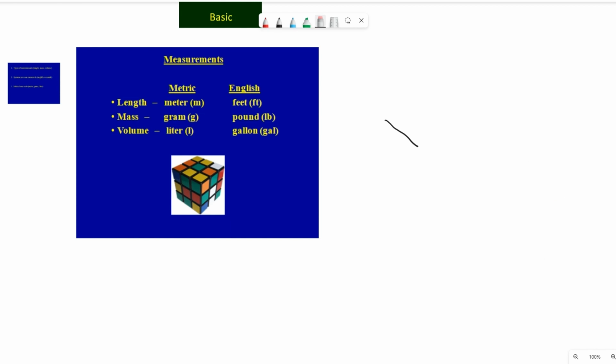Now, there's lots of different units that you can measure something in, and what unit you choose to measure something is dependent upon how large the object is that you're measuring. So let's just say we're looking at measuring length, and let's say we have a pencil. Okay, so we have a little pencil, and you're asked to measure that pencil. Well, if you want to measure the length of the pencil, you're going to pick something that has relatively small increments of length to measure it with. So say something like an inch. So if you take a ruler and you measure this pencil in inches, maybe it is